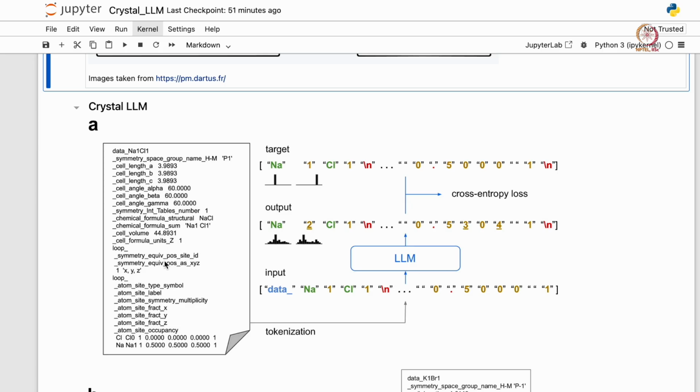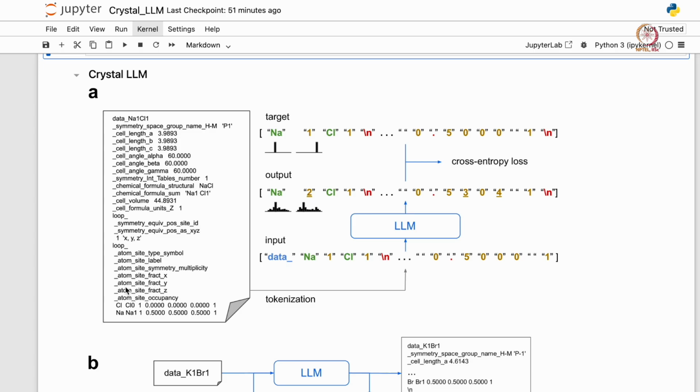After this, you have the atom sites: what is the element in this atom site, the site label, like this is chlorine 1, chlorine 2 or chlorine 0, it starts from 0. Then you have the site occupancy, and then the fractional coordinates x, y, z and the site occupancy.